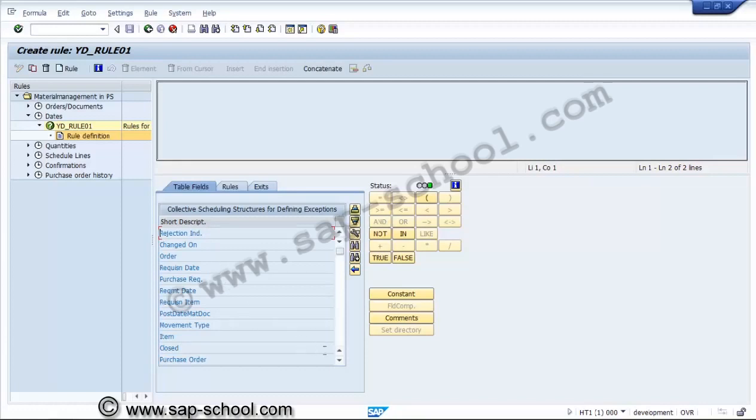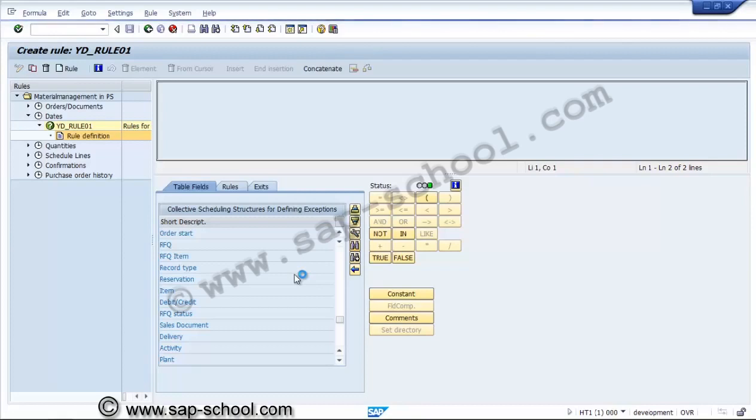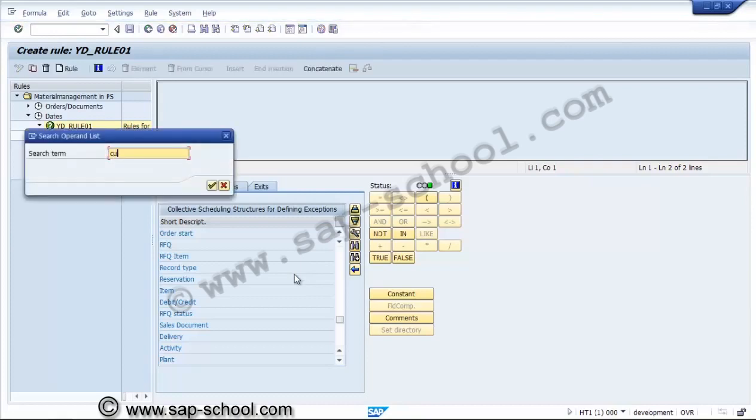Now we will use the date field. We can consider, or we can put a rule in such a way that otherwise we can find a function for the current date.